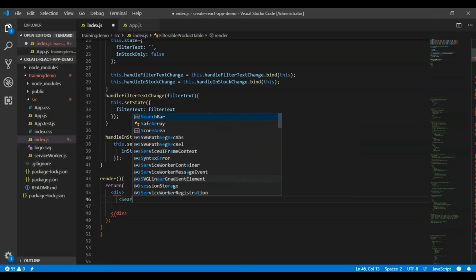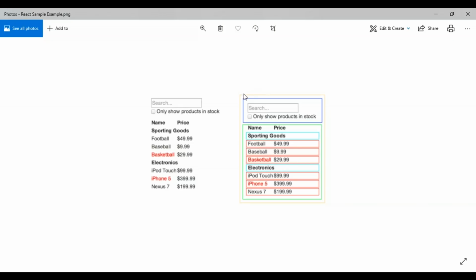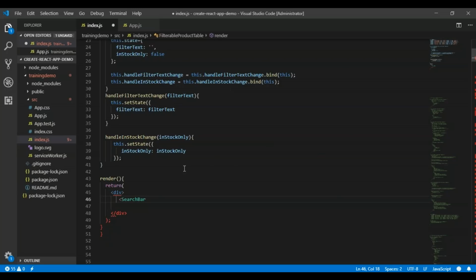Other subcomponents are the search bar, and another component could be the product table. You can see on the image that there is a blue boundary for the search bar component and a green boundary for the product component. So let's create those components. For the search bar, what will be my filterText?